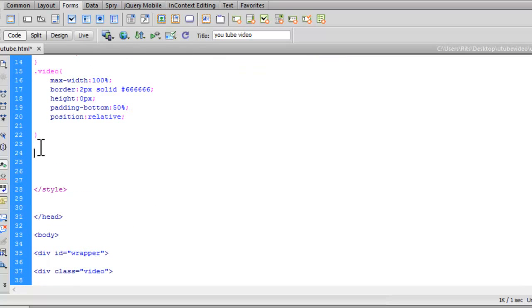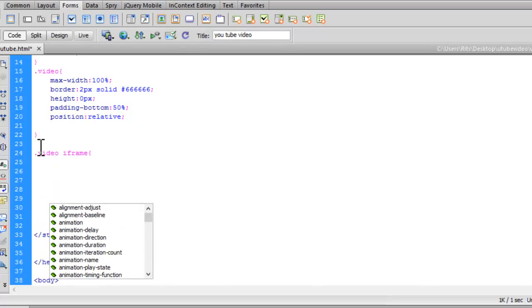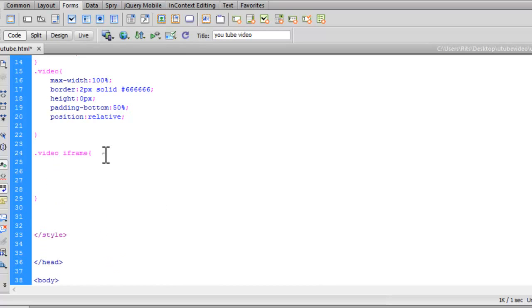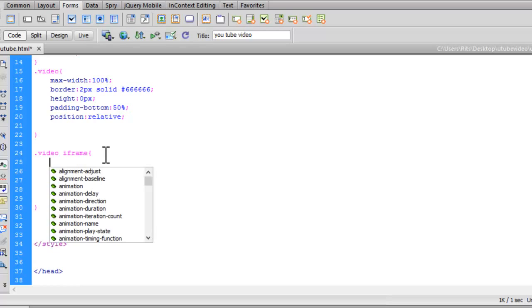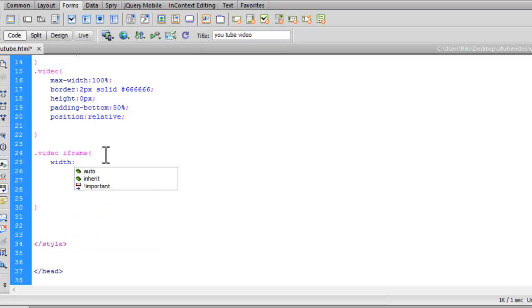Now let's have a rule for video iframe. Say width, I want this 100%.